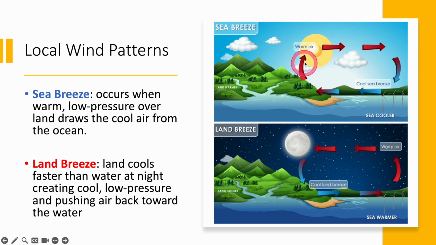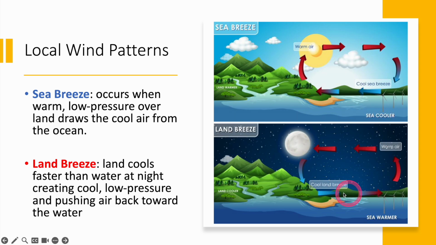So warm air is going to rise up into the atmosphere, and it's going to cool down and sink over the water. And over here you have cool, dense air, and that's going to replace the air that just left over here. So it's going to create a vacuum or a low pressure area and a high pressure area over the water. So this is why typically during the day you have wind coming from the ocean,